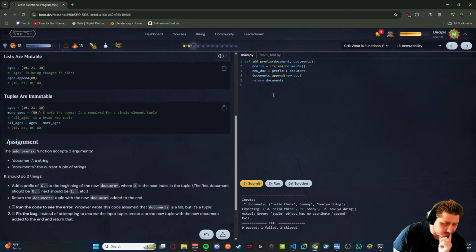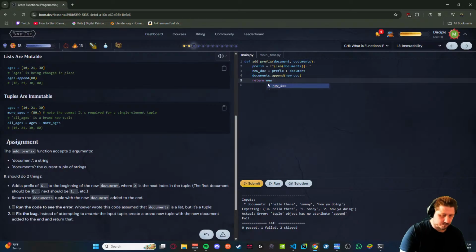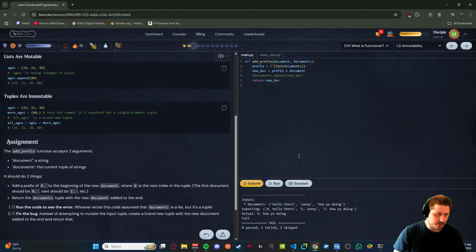Error: tuple object has no attribute append. If I do return new doc and this one. How ya doing? Okay, so returned 9 for some reason. Because it gave me the len. I don't need the len though.